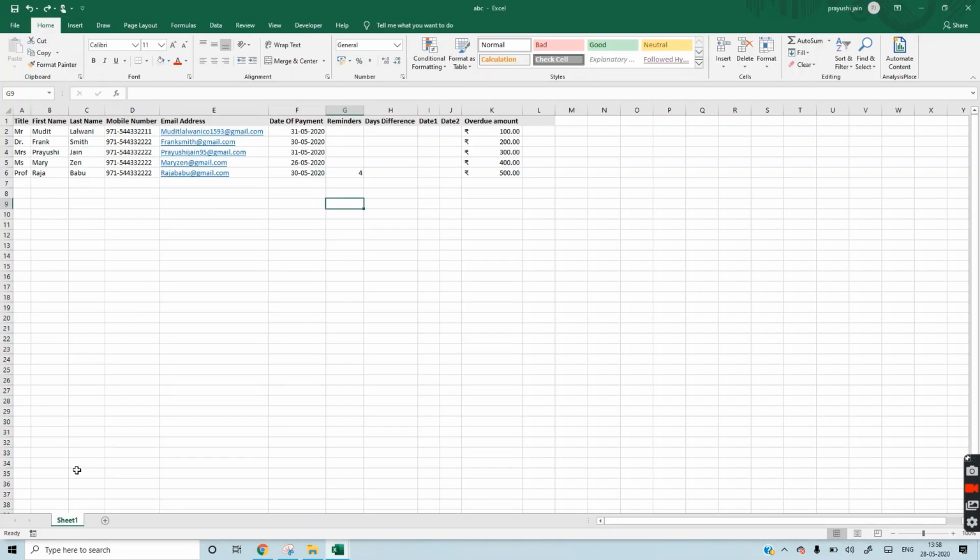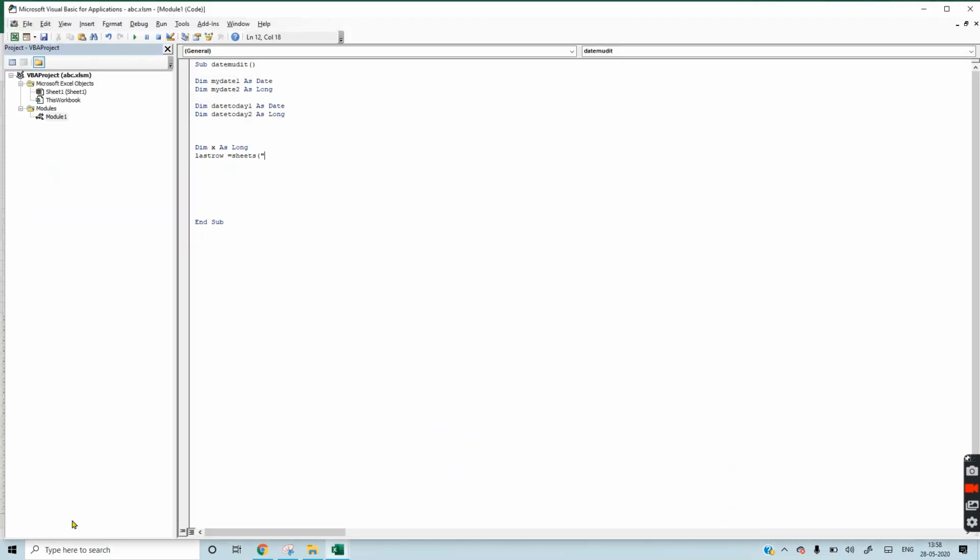Whatever your sheet name is, you have to write it here. Our sheet name is Sheet1.